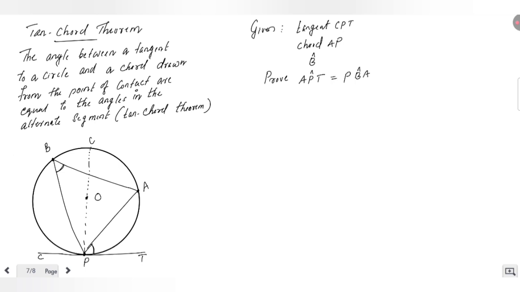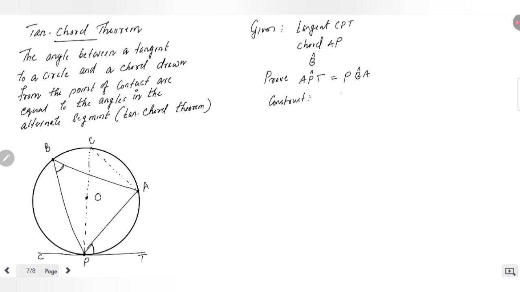Here I am joining the line from C to A, like this. So the diameter PC and the line CA are the construction. Under the construction part,